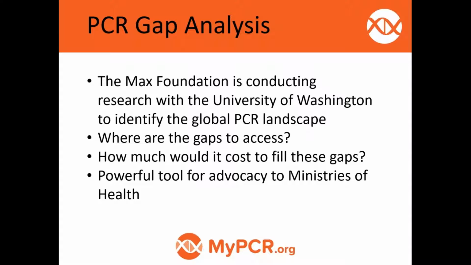And so what we're doing through the PCR Gap Analysis is we're working with health economists from the University of Washington to map the landscape of PCR, to understand where no PCR is available, where insufficient access to PCR is occurring, as well as understanding where PCR access is effective. And so through that, we're looking at how much would it cost to fill those gaps? So it's both a global mapping of access and also an economic mapping of the gaps